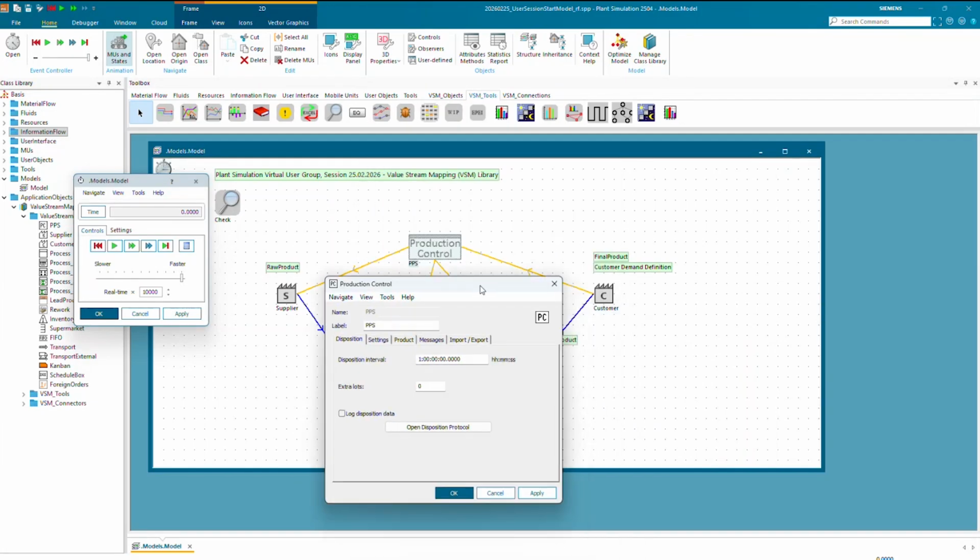So the production control is calculating how many parts it has to provide within the next disposition interval, and this is then an order for the supplier.